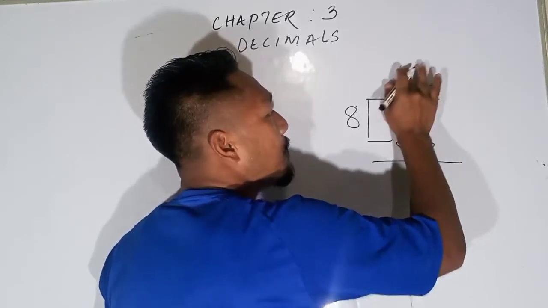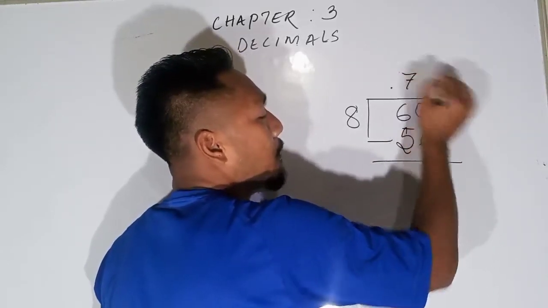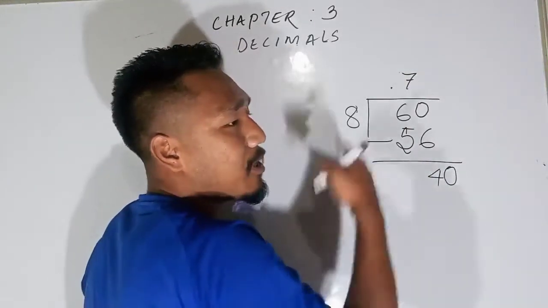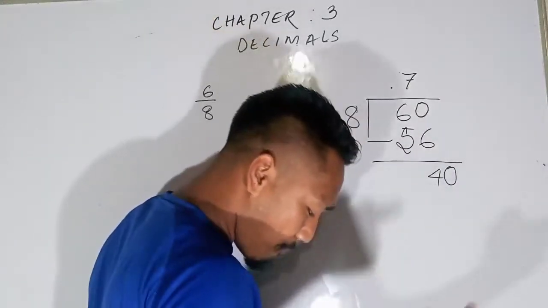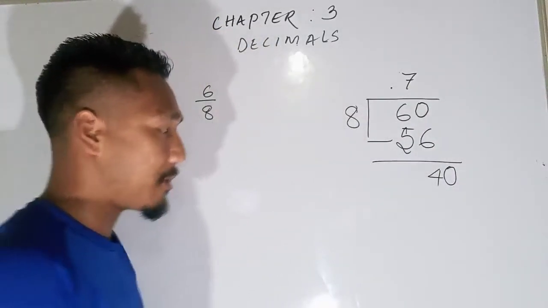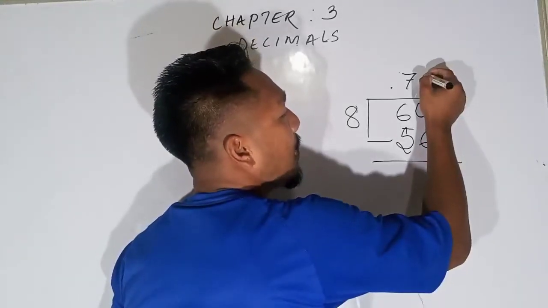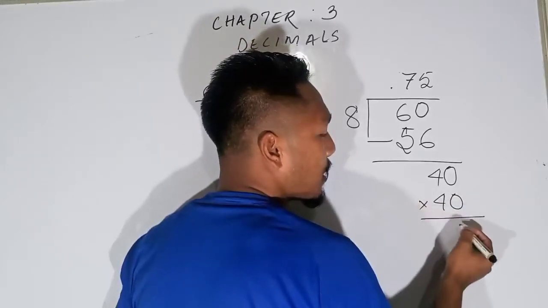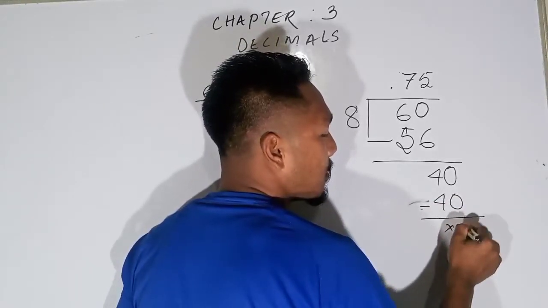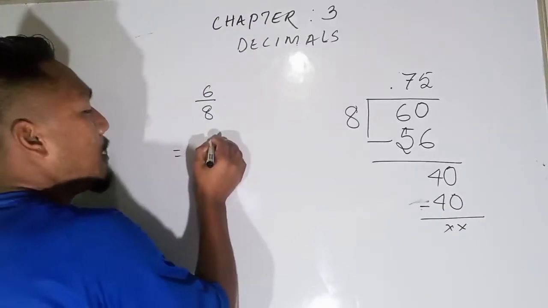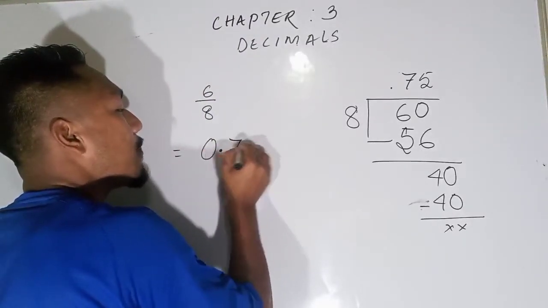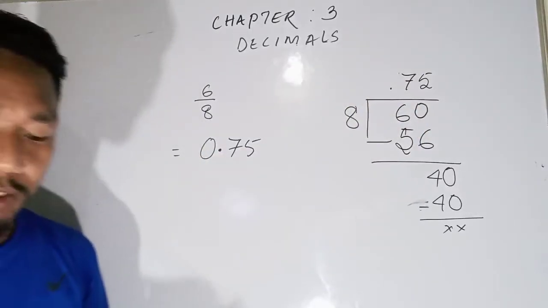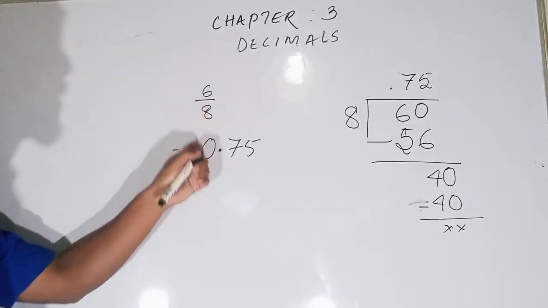After the point, once we have put the point, that means we can add one more 0 here, one by one. 8 5s are 40, so we subtract it. So what is the answer here? It will become 0.75. We don't have any number in front of the point, so we put the 0 here. This is how we have converted 6 by 8